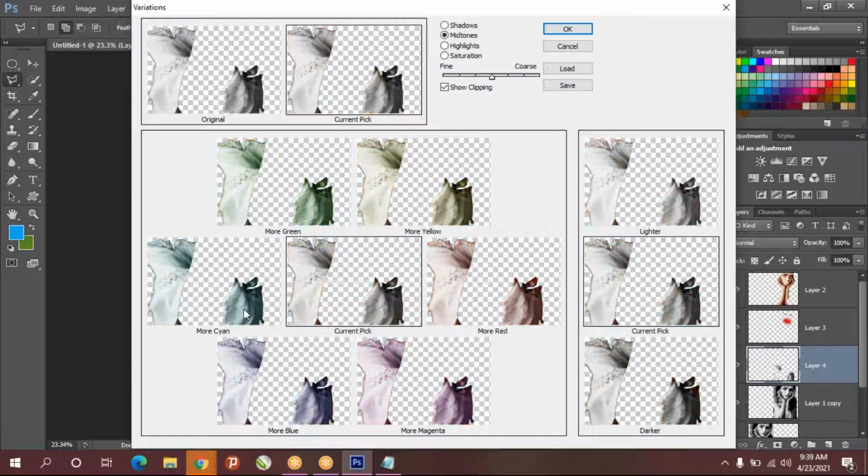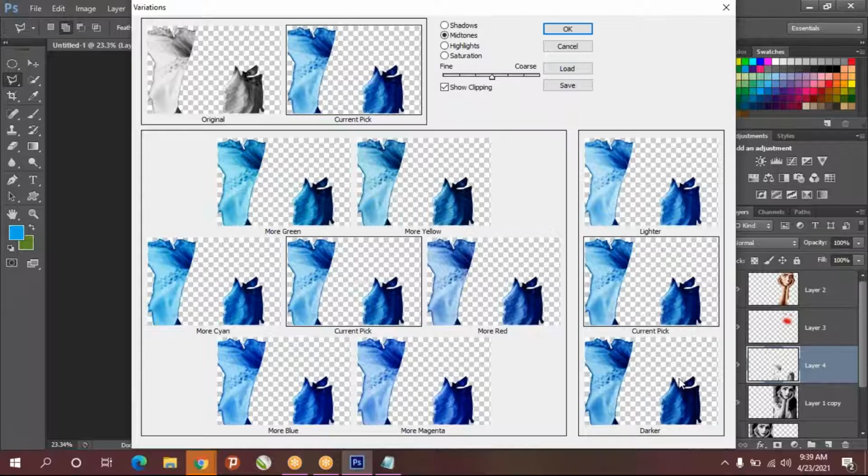I'll make it original, because in variations you can make it dark, light, and all. So that's why I came here. More blue, more cyan, a little bit of green, make it darker, and give OK.